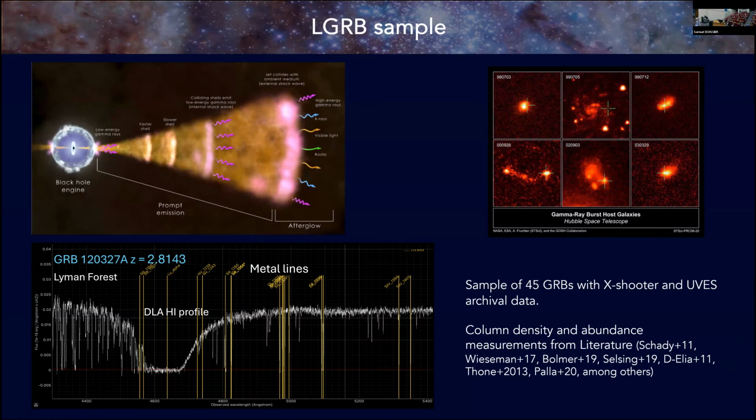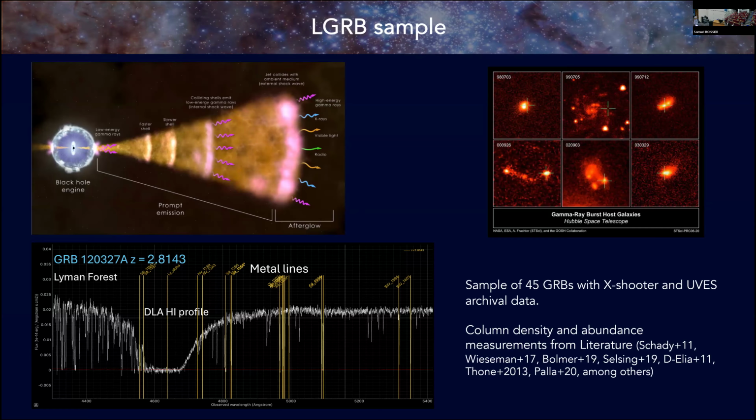For the first sample, we are interested in long gamma ray bursts, specifically the afterglow emission of the relativistic jet when it interacts with the ISM. It glows, it's very bright. So we have a source of light that will pass through the neutral gas and will give us this beautiful spectra